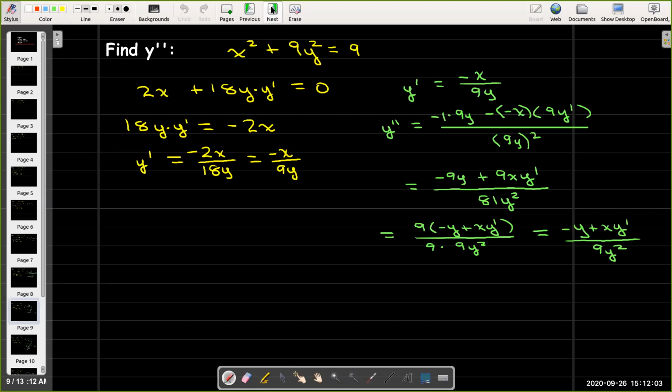And so here's something different that we didn't have to do with the first derivative. We can't leave the y prime as part of our formula. So we're going to have to replace y prime with the formula for y prime, which we found in our first step. We'll replace it with negative x over 9y. And then from there,